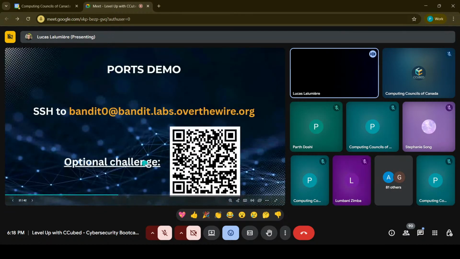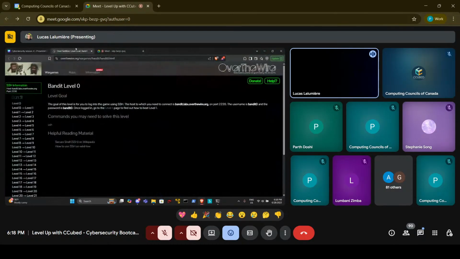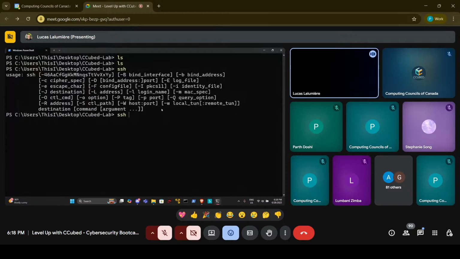Essentially the challenge I'm referencing, some of you might know this, is a Bandit challenge. It challenges you to SSH into this specific domain using port 2220 on the username bandit0. So let's do that. We're going to do SSH and then bandit0. That's the username. And then the domain, or the host, sorry,